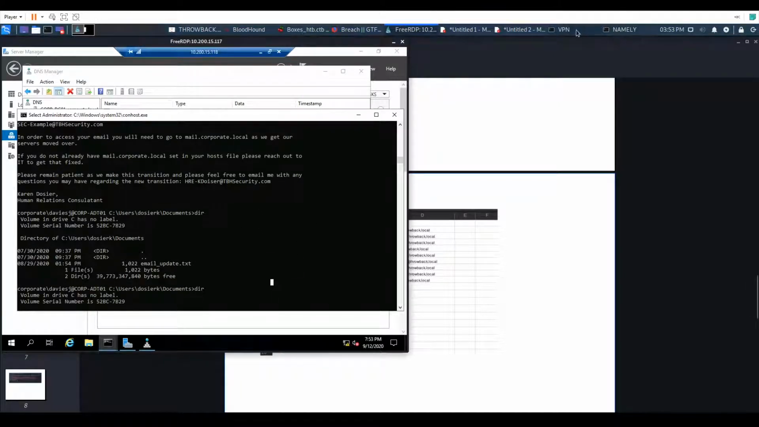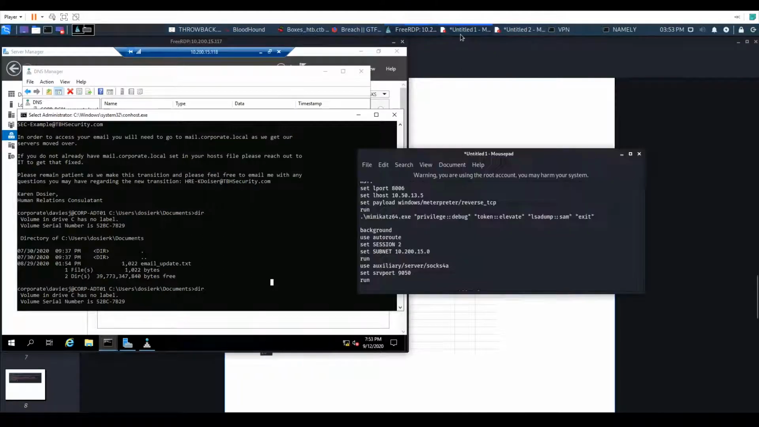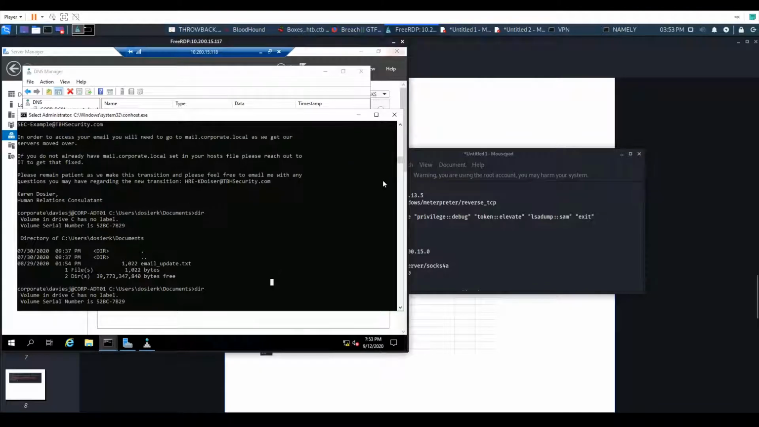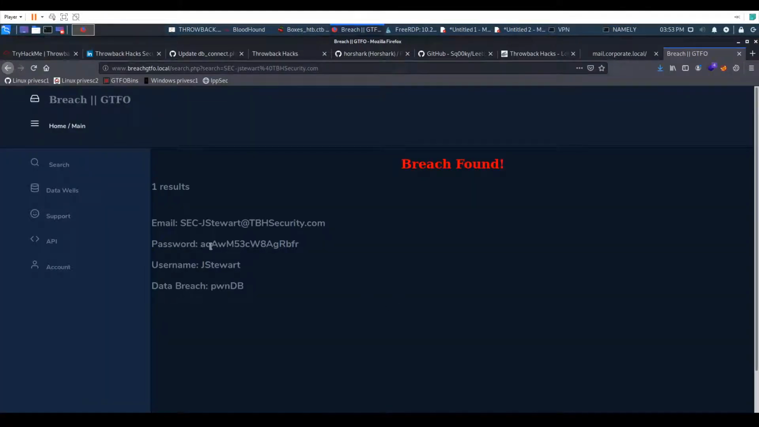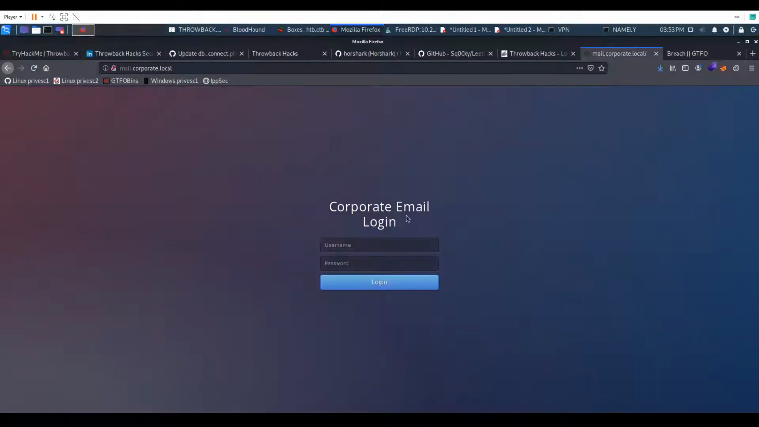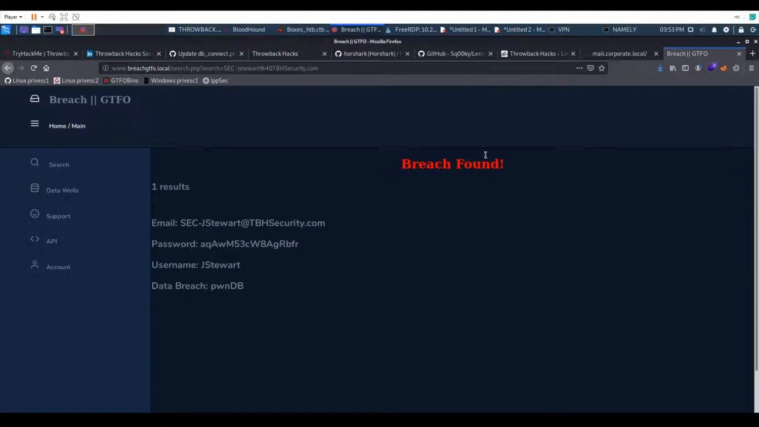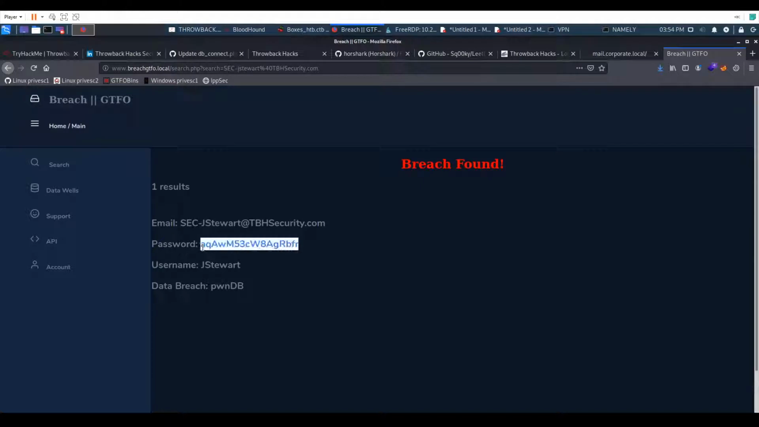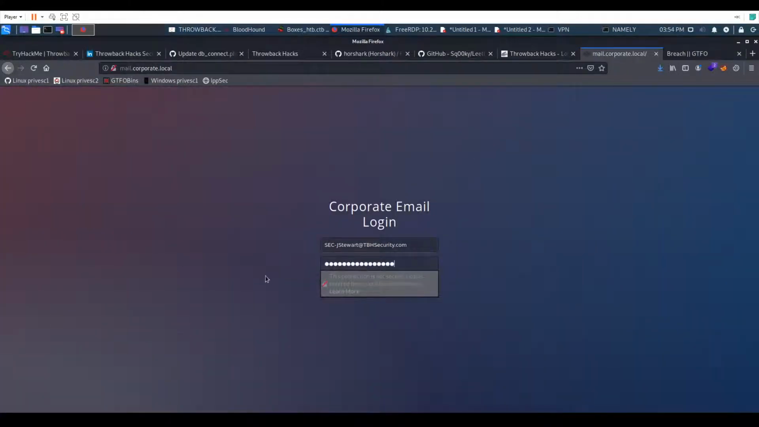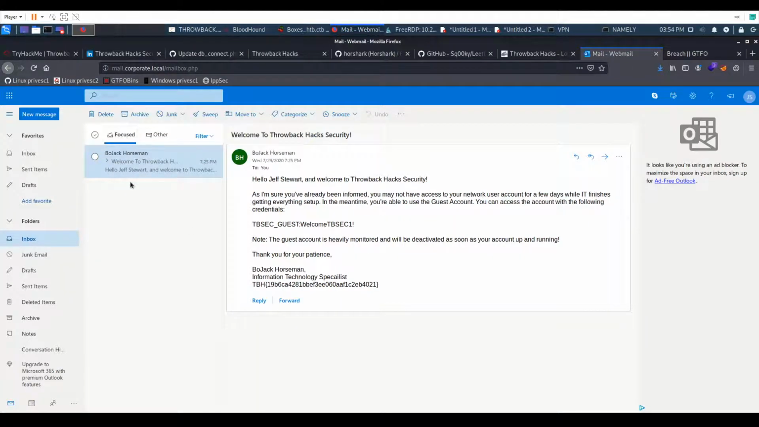Despite the tragedy for people who suffer from these breaches, we are quite lucky to gather this information, because having information about where to log in and the credentials, we can try to authenticate and read some emails. So why won't we copy and paste these credentials and check if they work? Yes, they do. And we can see an email from Bojack Horseman